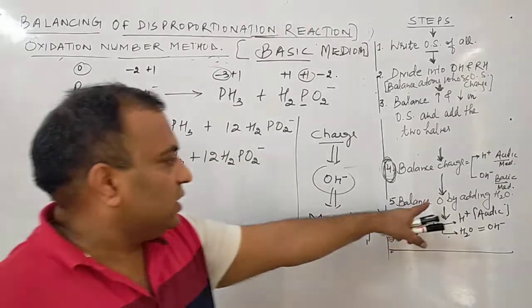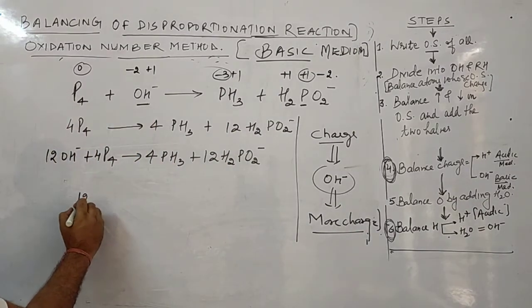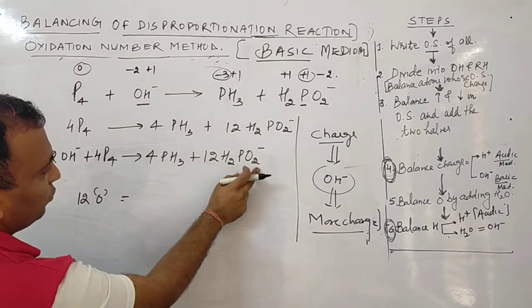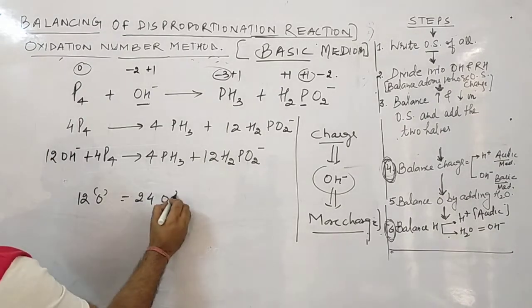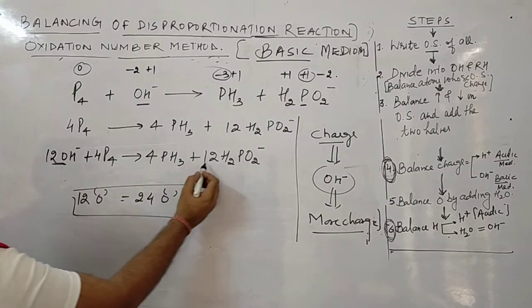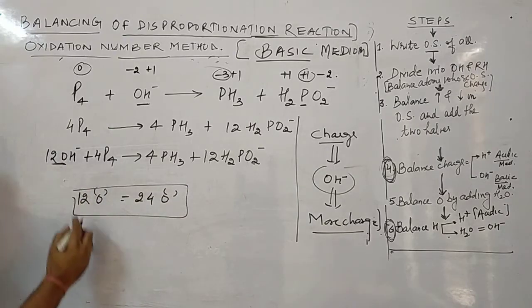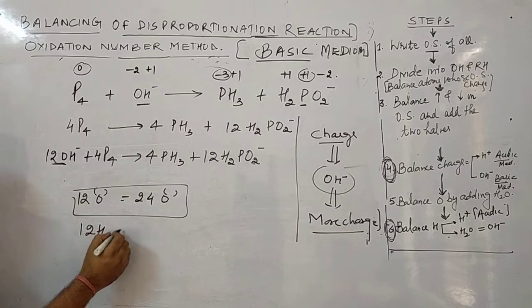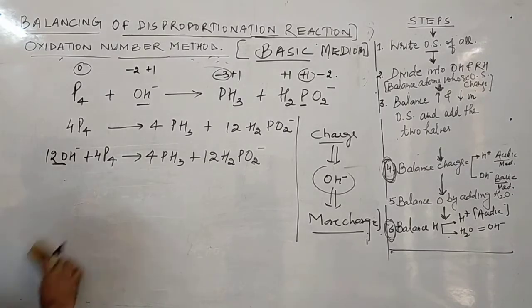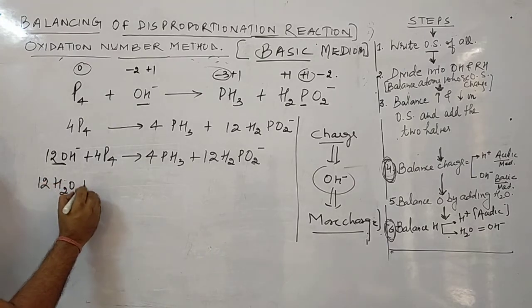After that balance oxygen by adding water. तो ऑक्सीजन काउंट कीजिए बेटा, 12 ऑक्सीजन, और यहाँ पे 12 to the 24 ऑक्सीजन. अगेन देखिए 12 ऑक्सीजन, यहाँ पे 12 to the 24. तो यहाँ पे कितना ऑक्सीजन कम है? 12. So I will add 12 water molecules. How many? 12. So this will be now 12 water molecules